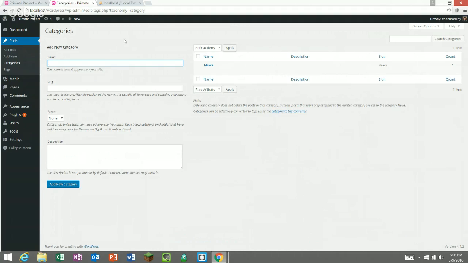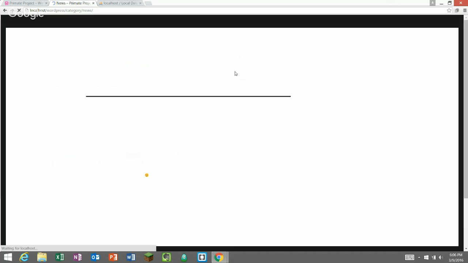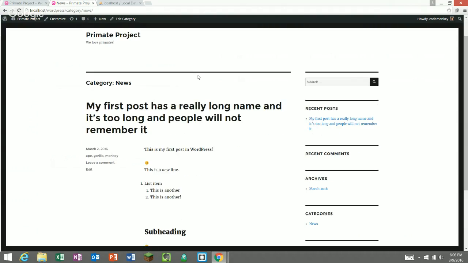So categories are, again, kind of like the main idea of the post. They're sort of the main topic of the post, or how you are organizing them on your site. And then tags are going to be keywords that allow you to reference different posts. They're useful because, for example, if I click on view to see the category, this is going to